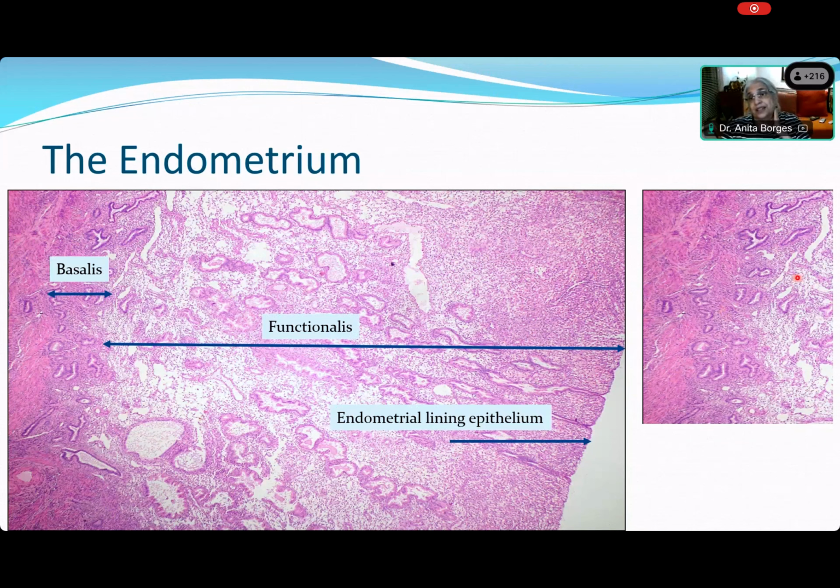So you can understand that if we have single layered inactive endometrium with these branching glands, and you do not see an endometrial lining next to it, then this is basalis. Please, this is how you recognize basalis in the rare occasions when somebody has got the basalis in the curettage. All right, very good.